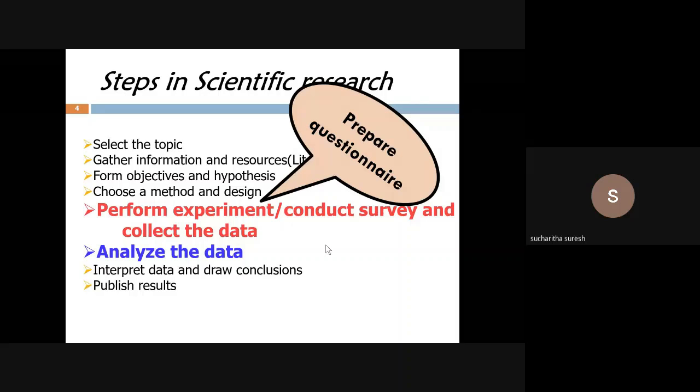See, in social science research, the observation method will not hold good at all. Even if you adopt the observation method, you need to prepare a list of questions on what you need to observe. What is the meaning of questionnaire? A questionnaire means a list of questions, but it should extract the information you want. It's not like I got some questions from one article, some from another article, and I'm putting them together and making a 100-page questionnaire. It is not going to help you at all, dear friends.